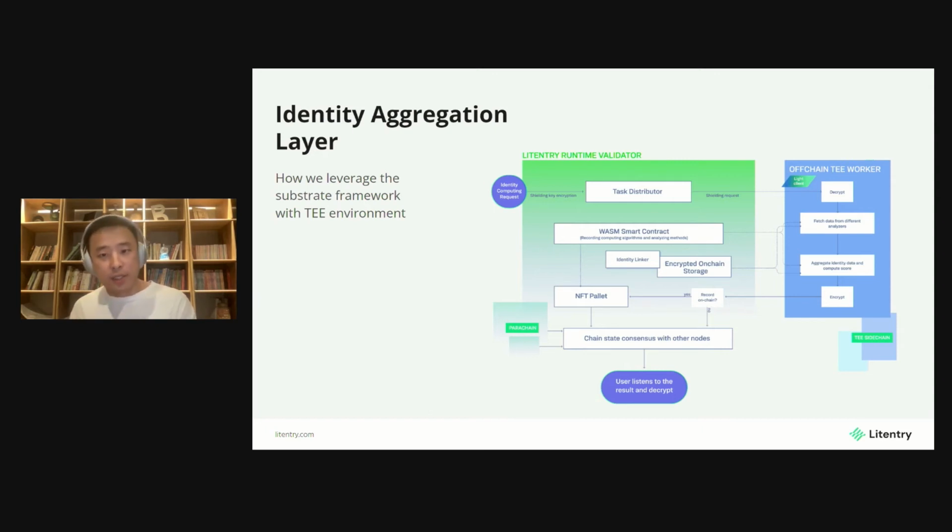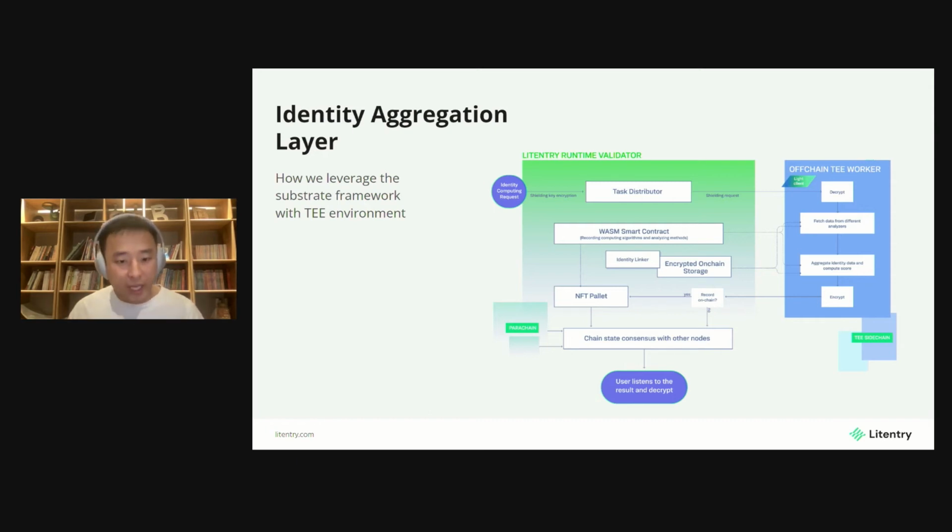Then in the TE sidechain, it will fetch all the wallet information from the address analysis layer, and in the TE worker, it will assemble all these wallet information and